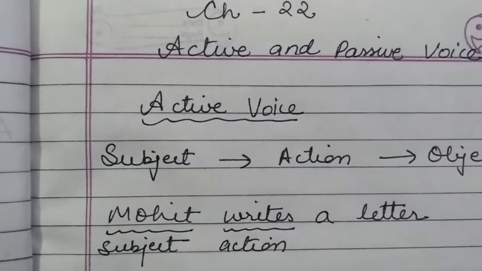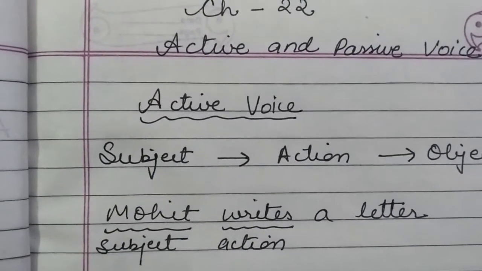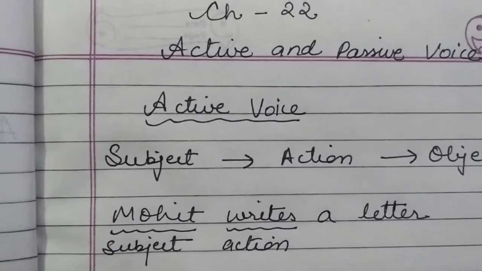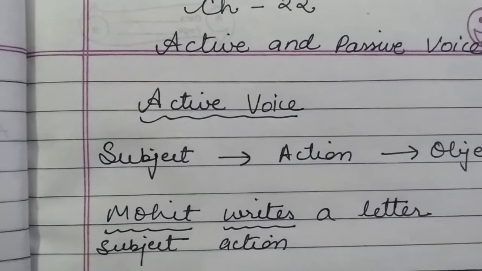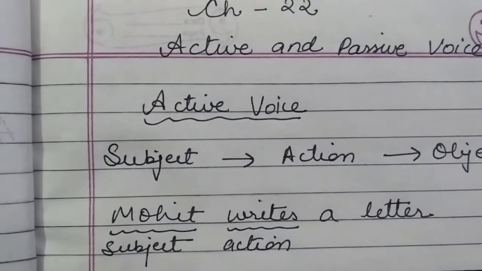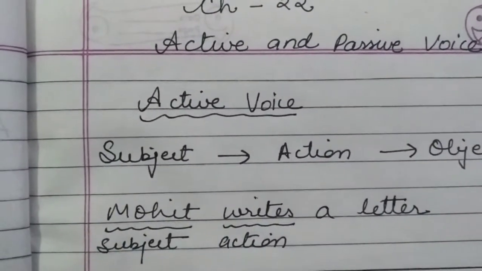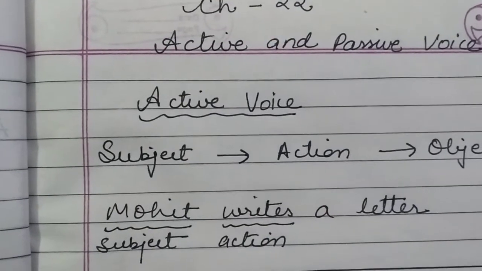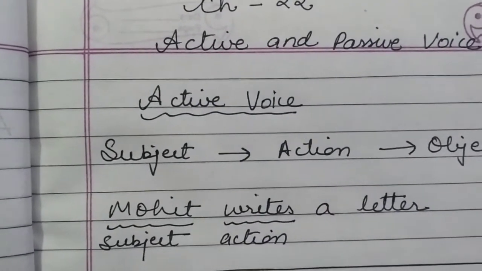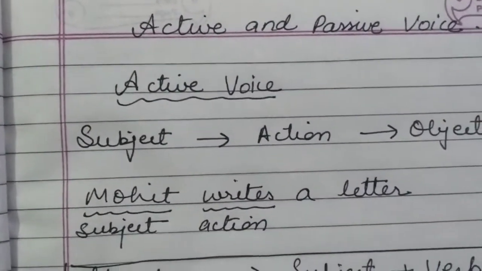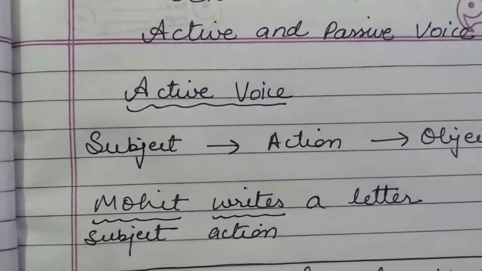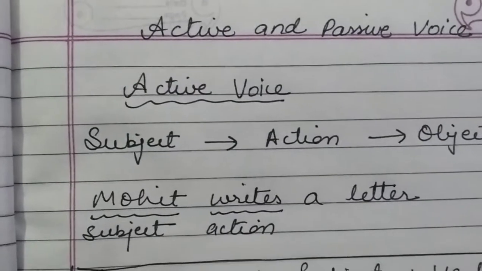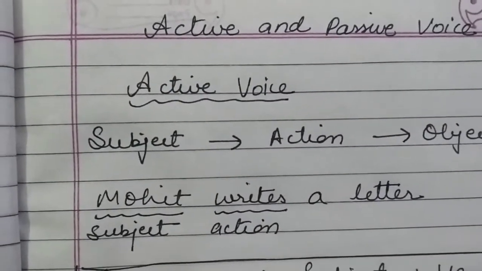Like we might want to portray it actively, which means it's a strong voice and direct message, or else we might want to portray it passively. When we are portraying it passively, it is not as strong as the active voice. So now children, we know that active and passive voice are two different ways of conveying messages. So let's go ahead and study them.